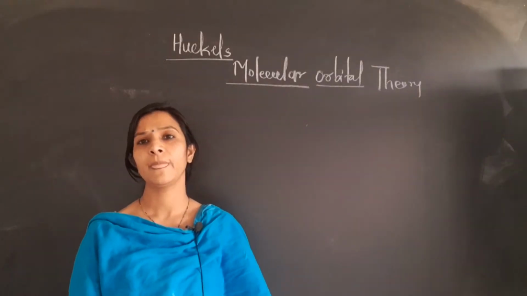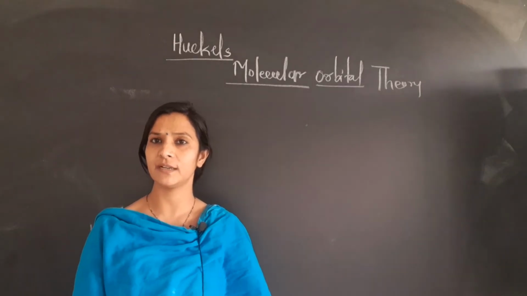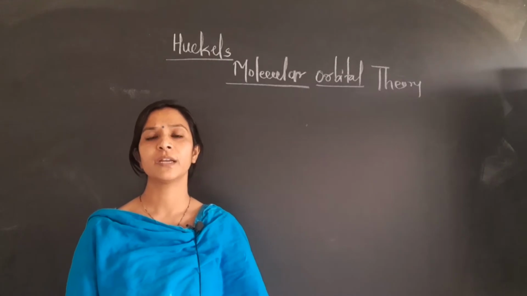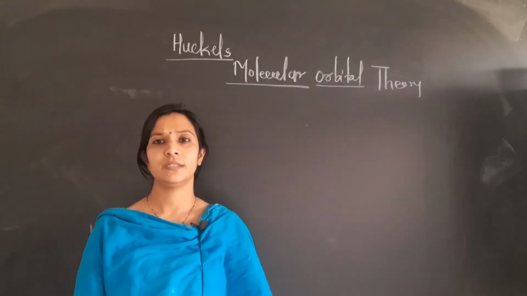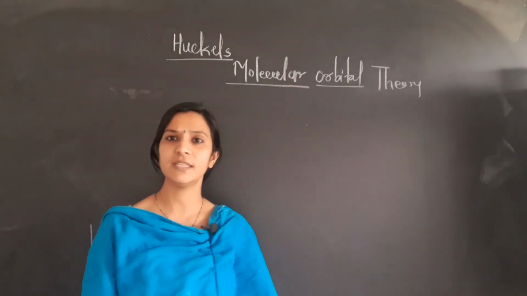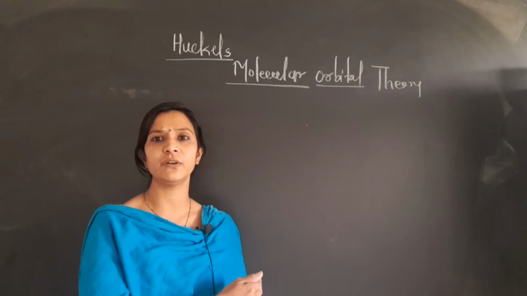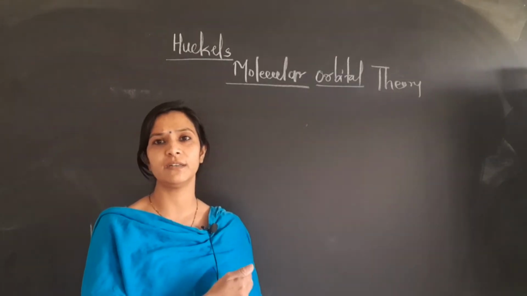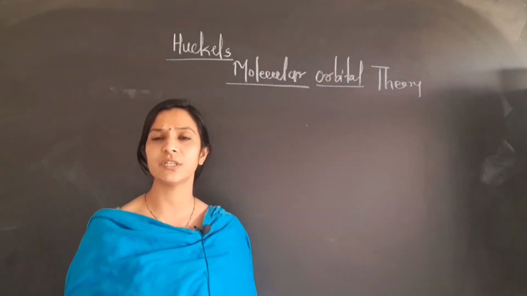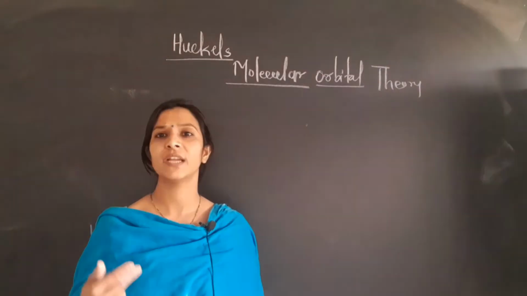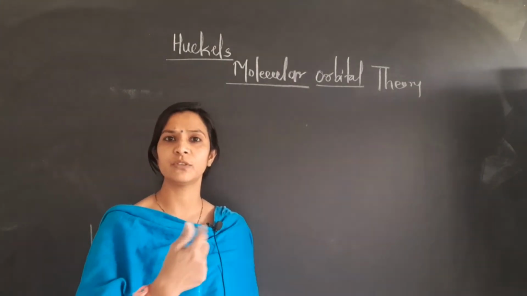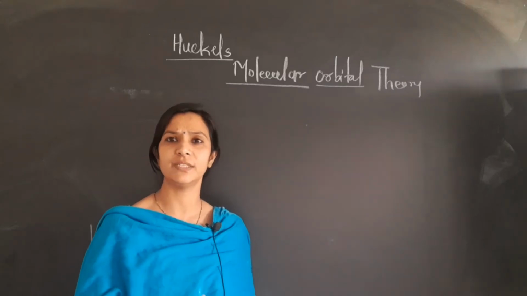Good afternoon to everyone. In this video, we will use another method, by using the equation, to find out the energy level for different molecules. For simple understanding, we will take the example of the ethene molecule, because in our previous video we solved the secular determinant for the ethene molecule, and here, by using the equation, we will find out the energy level for the ethene molecule. When we look at both of the equations, you will understand very well.